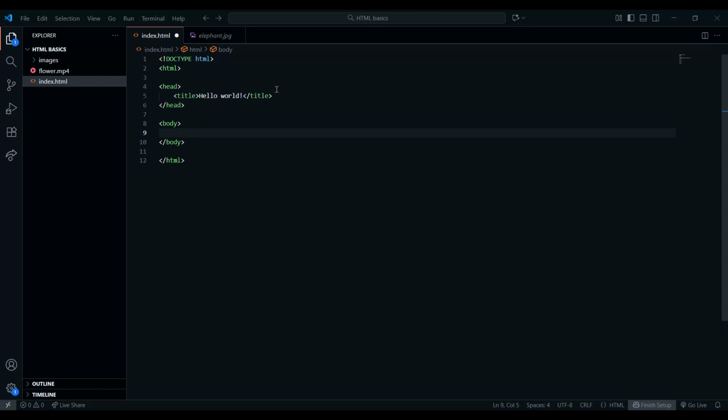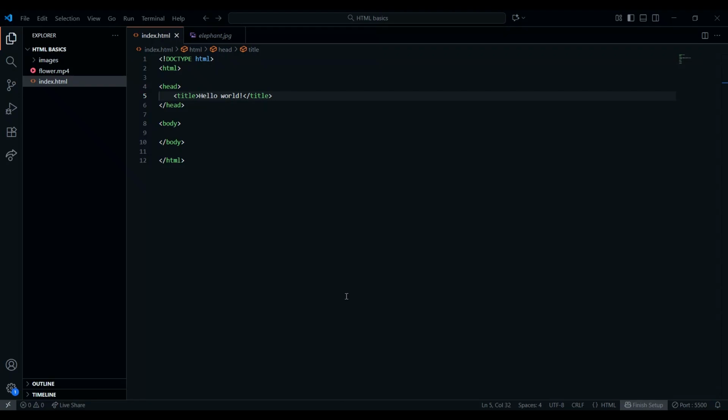So, for example, this part where it says title hello world, and if we click go live, as you can see, the title tells the browser that your website is called hello world, which makes it pop up there. And basically all of the title, settings, metadata, and all the smart stuff goes inside of the head tag. You can see that meta tags are tiny pieces of information that help browsers, search engines, and devices to understand